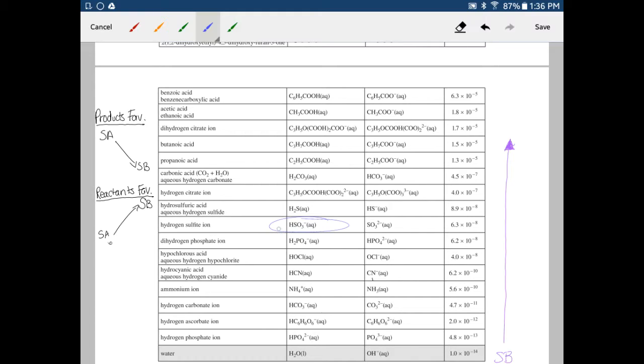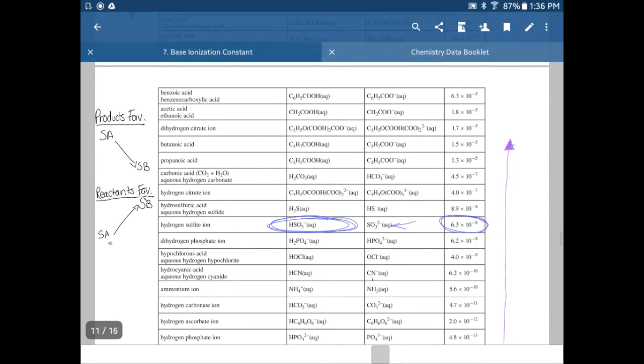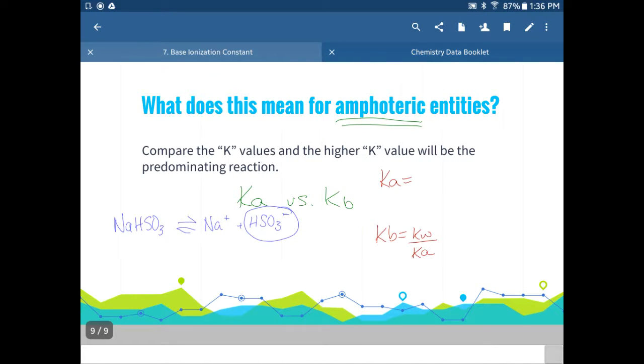Because it is an amphoteric substance, I can't use this value because the conjugate base is this guy. Well, we wanted to find our HSO3 minus as a conjugate base. So if we take another look, one step to prevent any mistakes from happening would be to actually do our reaction with this. So our HSO3 minus, okay, if this is reacting as a base, we're going to get our OH minus and our